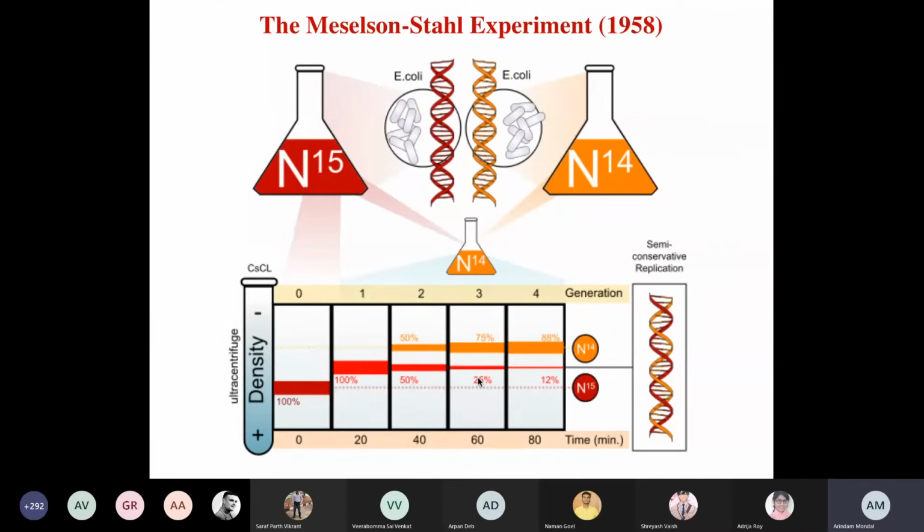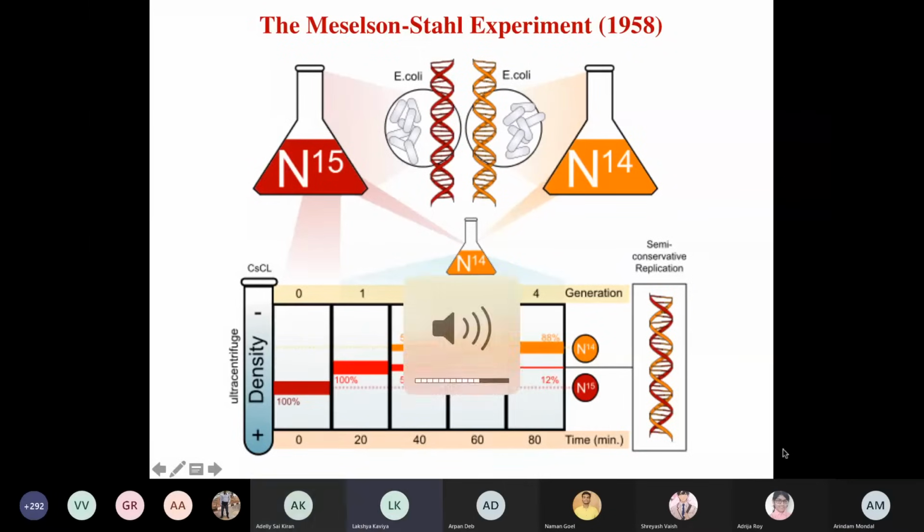Okay. Sir, will there be any effect of N15 or N14, the two different isotopes, on this density? Sorry, could you please repeat your question? Will there be any effect on the density in this experiment, between N15 and N14? Do they have different effects? Like how will they react, because they are different isotopes?